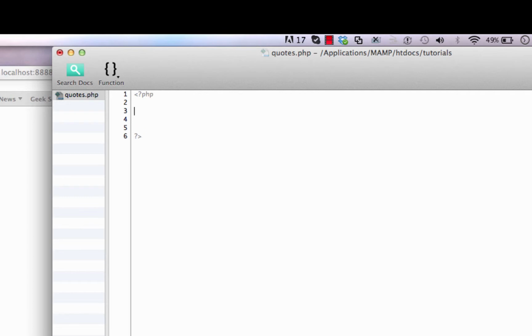I'm using MAMP, so the code that's outputted, we'll check it on MAMP. Let's create a variable and call it name. Use single quotes and put in my name, and let's echo out hello, and then the variable name that we just created. Go ahead and close that with single quotes, and in that PHP statement,